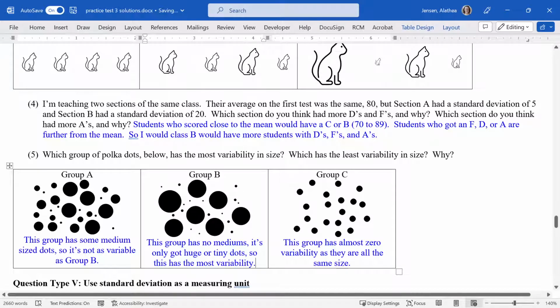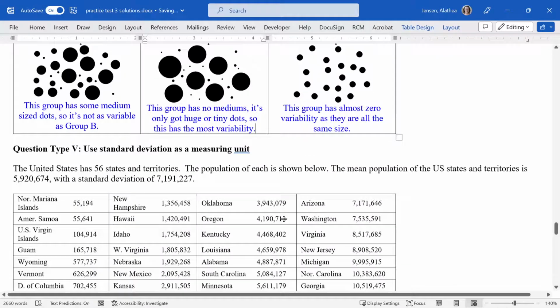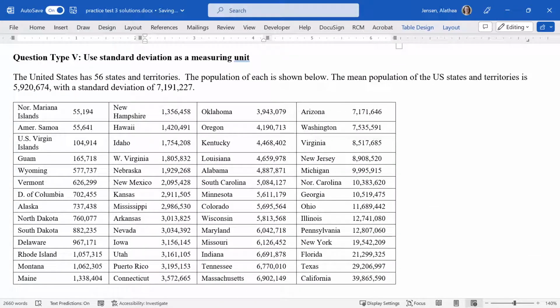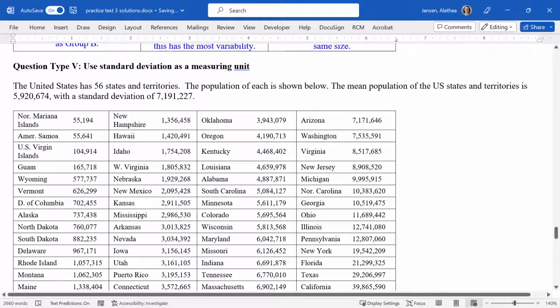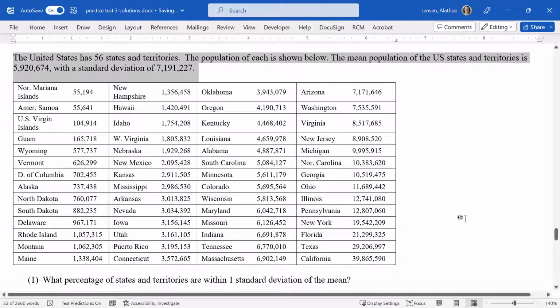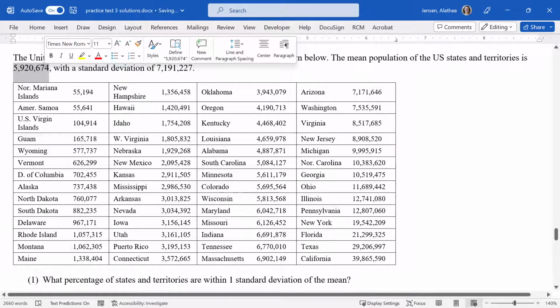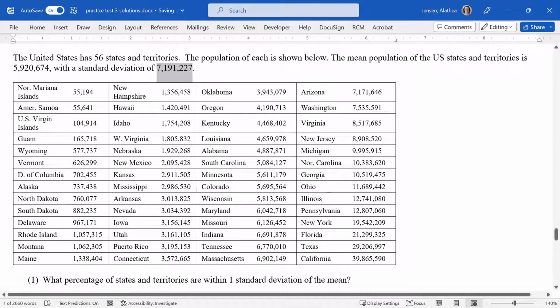Okay, so that was section 4, and now on to question type 5. Okay, so the first section here is about US states and territories. So there are 56 of those, and the population of each of them is shown in this table. The mean population for the states and territories is 5,920,674. Standard deviation